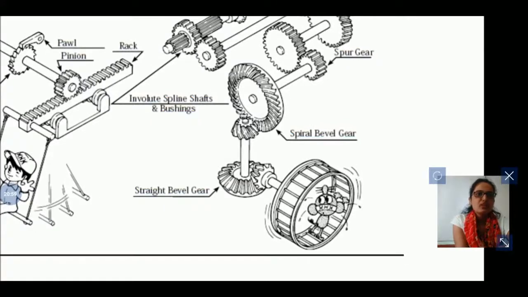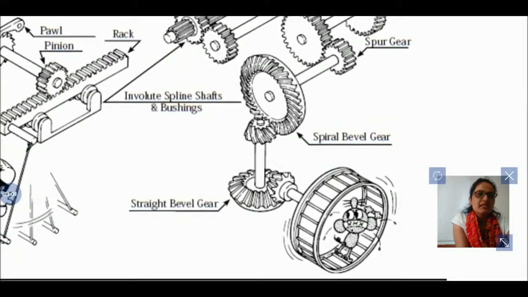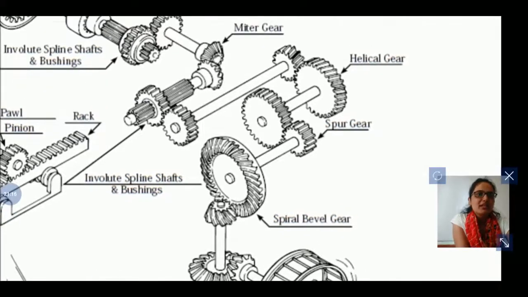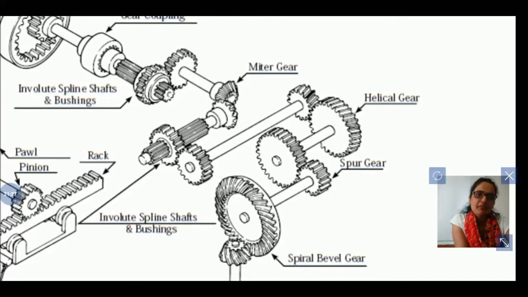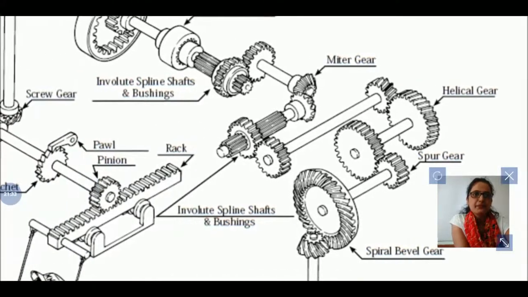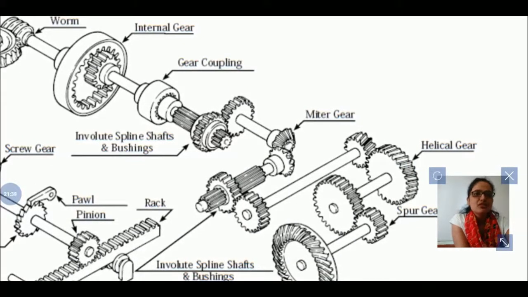Okay, so here we have the picture, and in that picture we can see, first, the straight bevel gear. Straight bevel gear you can see easily. The shape is conical and teeth are parallel to the surface. Then spiral bevel gear, the shape is conical but teeth are at some angle. Next is spur gear. Spur gear is mounted on parallel shaft and teeth are parallel to the surface of the gear. Next is helical gear. See, the shafts are parallel to each other but teeth have some helix angle. Okay. Next is the miter gear. See, the size of two gears is the same, so it is called miter gear.